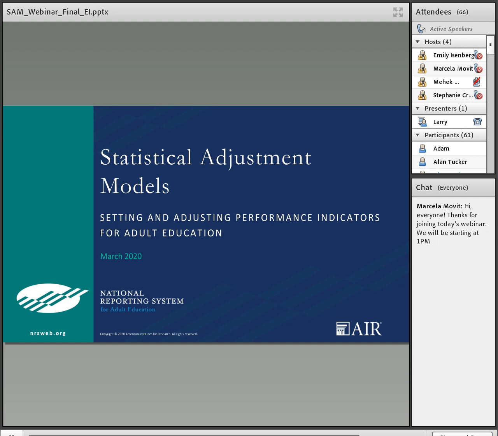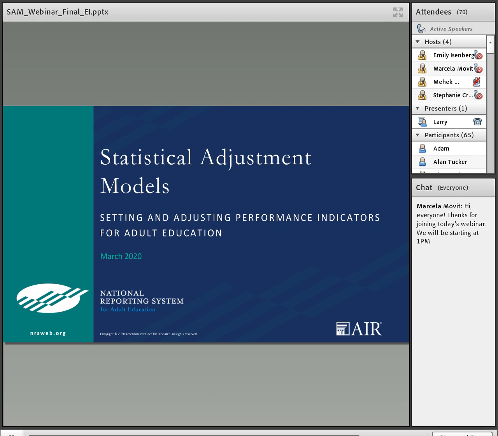So I'm just going to start us off and let you know that this is the first in a series of webinars on the statistical adjustment model. You've been hearing about it, I know, for a couple of years now, and we've been working on it behind the scenes, and now we're finally at a point where we're going to start using it and explain it in more detail.